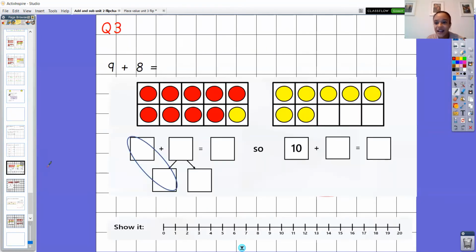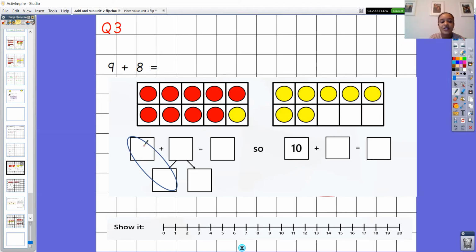Brilliant, well done. So question 3, this is one of those adding by making 10s, a bit of a tricky one. So I'm going to remind you how to do it before I let you have your first go. So remember that we've got 9 red counters and then we've got 8 yellow counters, and we've put the 8 onto the 9. So we've got one of the yellow counters on this tens room, it's got the 9 and it's made 10. Okay, so remember we're going to put the 9 add 8 in here where my mouse is now,